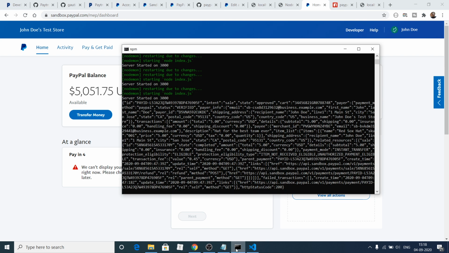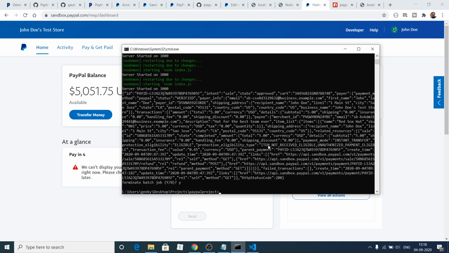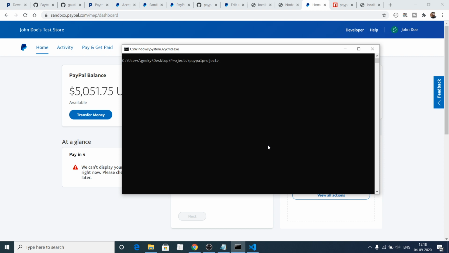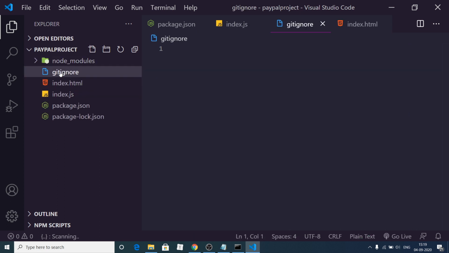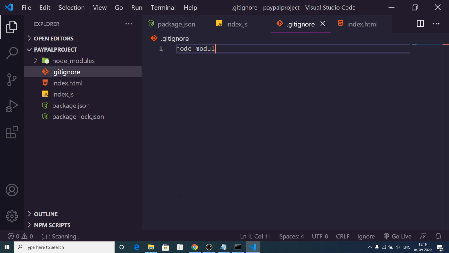So now we can deploy this application to Heroku. So you can see this is the JSON object containing all sort of information which you can store inside a PDF document. So if I just want to deploy it, first of all I need to create a .gitignore file here inside the root directory. Sorry, this needs to be dot gitignore, and here I can just write node_modules because I don't want to deploy the node_modules folder.